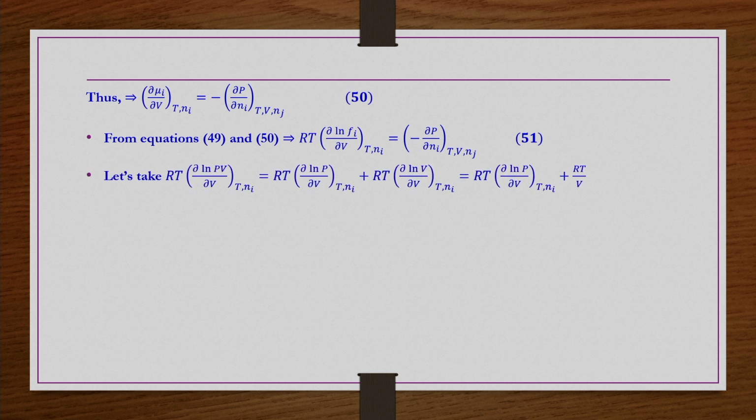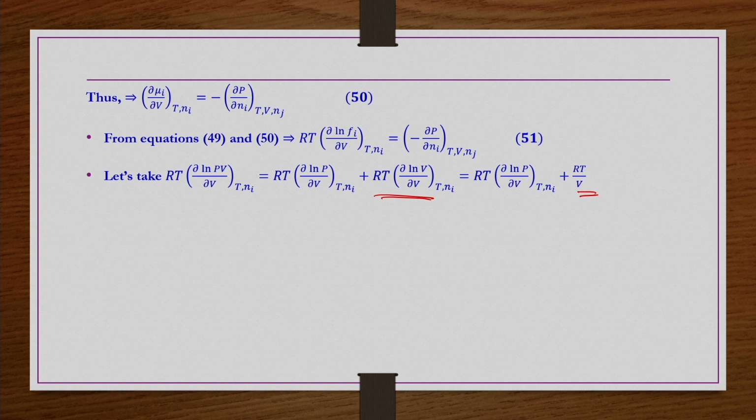But now we take RT ∂ln PV/∂V and expand it. If we expand it, RT ∂ln P/∂V plus RT ∂ln V/∂V, and this part RT ∂ln V/∂V is nothing but RT/V. Why am I writing this? Because I want something in terms of φi/yiP or f/P, and as of now there is no P term here. Unless that comes into the picture, I cannot define a fugacity coefficient. I can have a relation for the fugacity, but not for the fugacity coefficient. For that reason this arrangement is there.